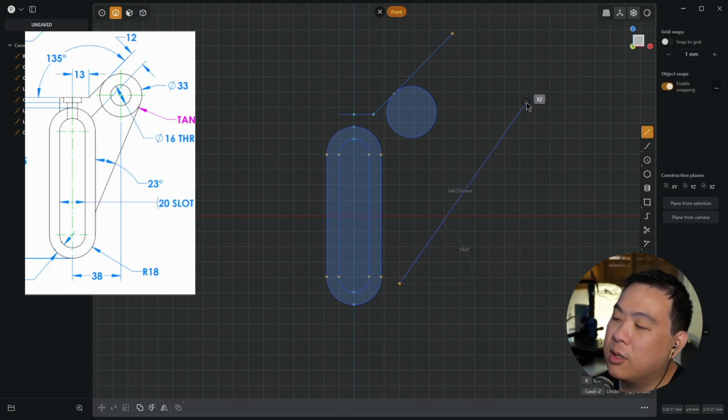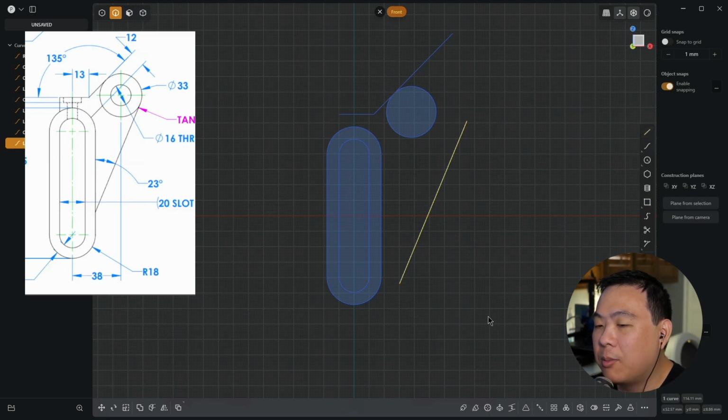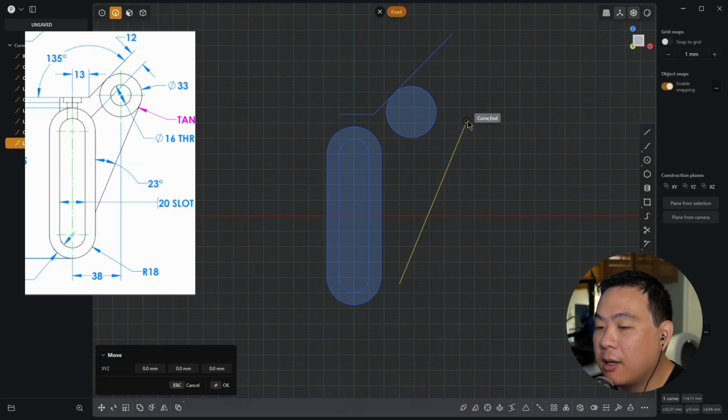Now this is 23 degrees relative to vertical, which means when we press tab, we don't just enter in 23, we enter in 90 minus 23. And that is the line. I'm going to left click, then right click to confirm. Press G to move, F for freestyle, select this tip or this end of this line over here, and then